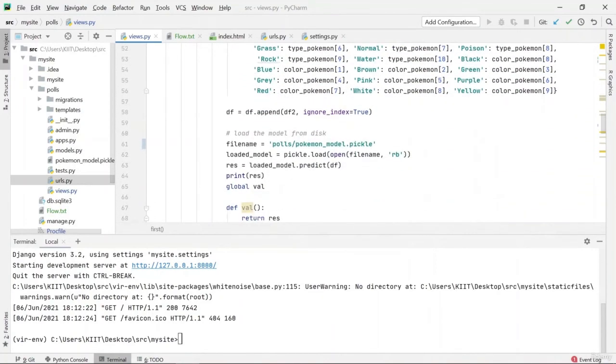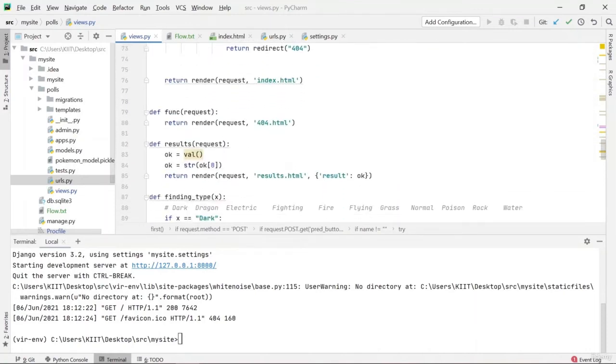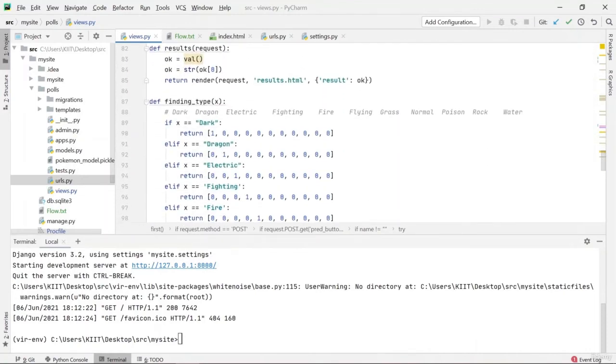And then you can see I'm calling my pickled loaded model, which is the Pokemon model. So it has weights that were defined when we trained our random forest classifier. And now you can see that I'm using the predict function to predict if the Pokemon is legendary or not from the data that I got from my forms. So this is the part.